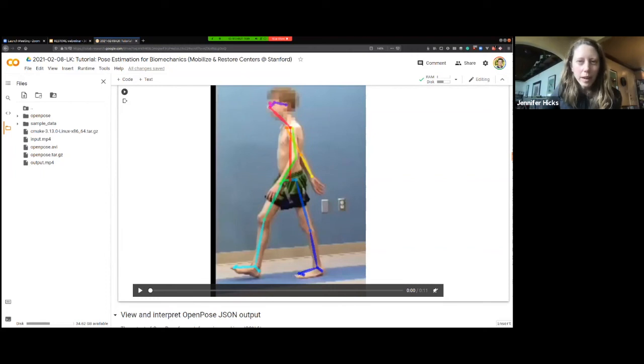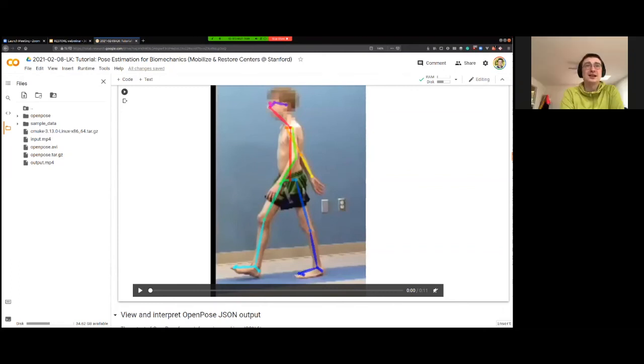Out of curiosity, are there possibilities to combine this video output with the IMU sensors in Google Colab? Yes, so the Google Colab is whatever you can do on your computer, you can do in Google Colab. So there's no question about that. For IMU,